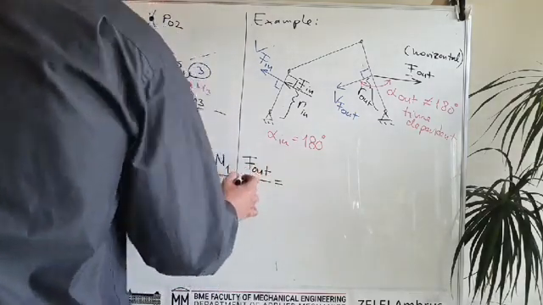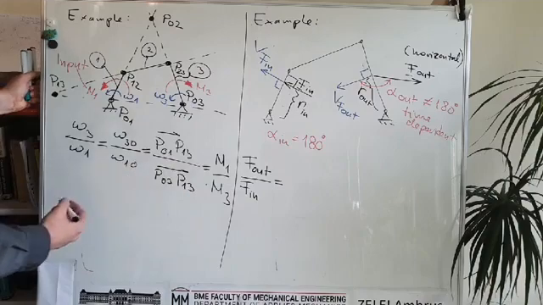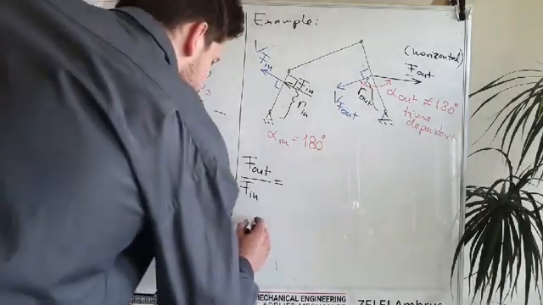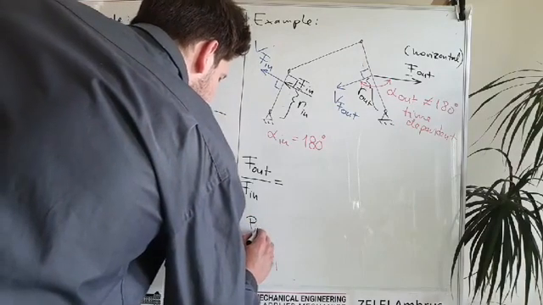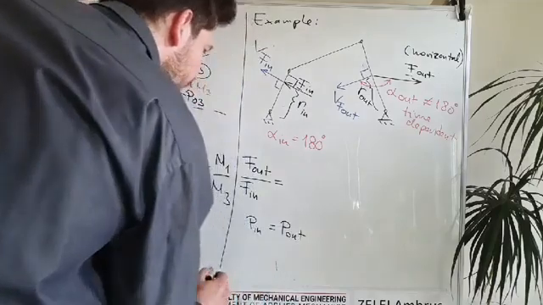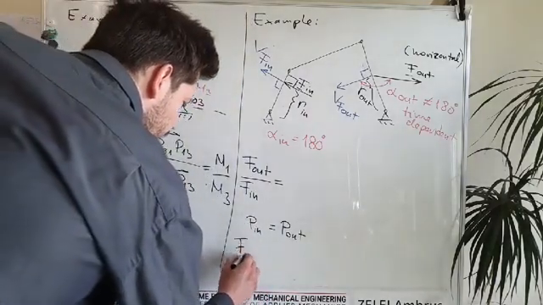So first we should say that, so we want to calculate this, and we should say that the power is equal to each other. So the input power is equal to the output power. This is what we have, and the input power is F input